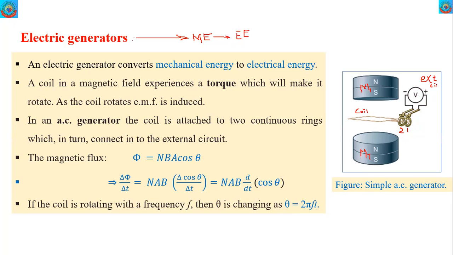External circuit. So the coil has two rings, which are connected with external circuits, and the coil is in the magnetic field. So the magnetic flux is generated in this. What is that magnetic flux? Phi is equal to BA cos theta, or we call this flux linkage. Okay. So delta phi over delta t,